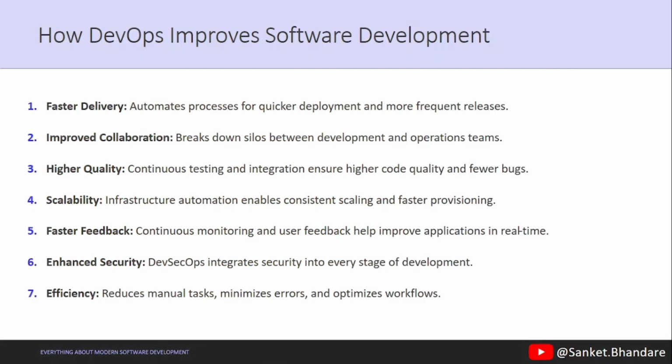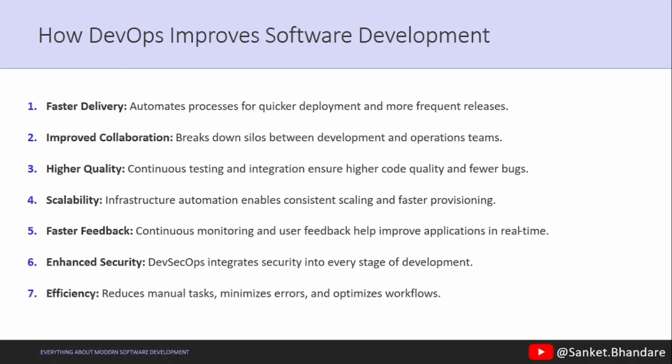So how does DevOps improve the overall software development process? First, DevOps ensures faster delivery of the application. It automates the processes for quicker deployment and more frequent releases. Second, improved collaboration. DevOps breaks down silos between development and operations teams. Third,